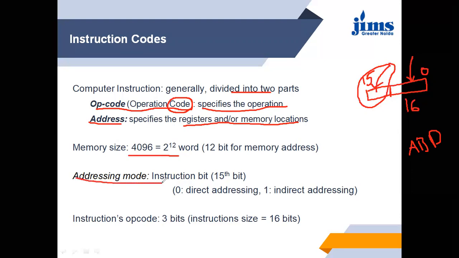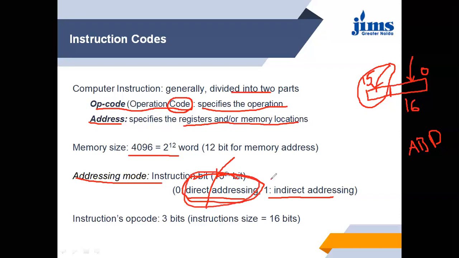There are two types of addressing modes. The first one is direct addressing mode, and the second one is indirect addressing mode. What happens in direct addressing mode? We get the content at the place where the address is given. In direct, we can get the content or opcode directly at the address that is told to the computer.